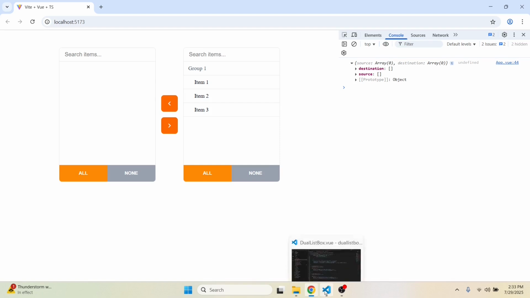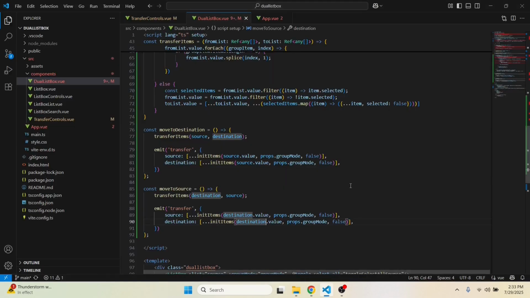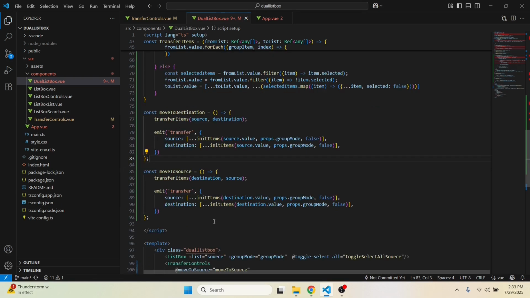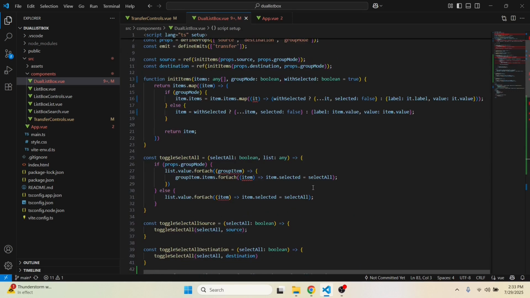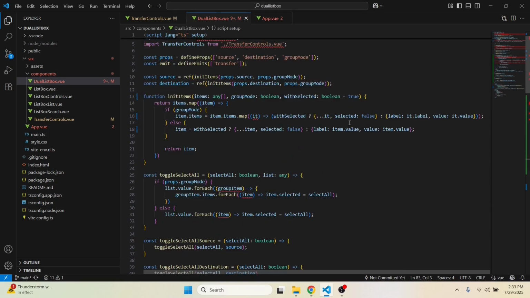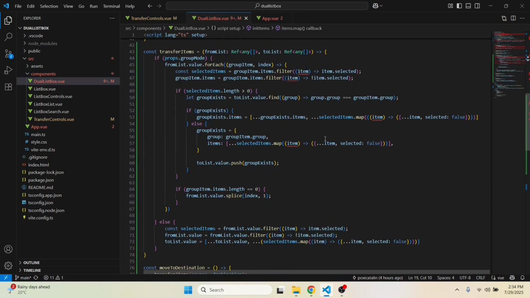So it seems we still have an issue. Let's see. So we do that transfer and we emit this event. So it's like this. Init items. Let's go back to this. So if this is selected, I want this, otherwise I want that. The same. Why is this not working? It's selected. Let's go back to, let's see,